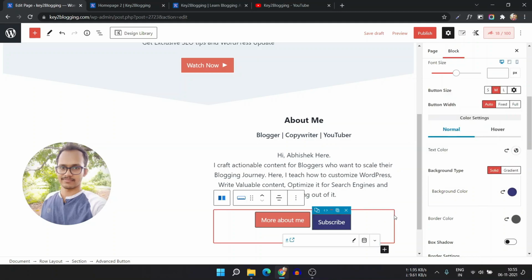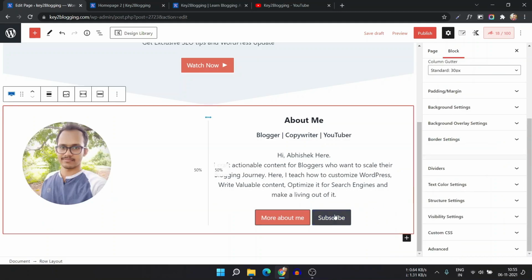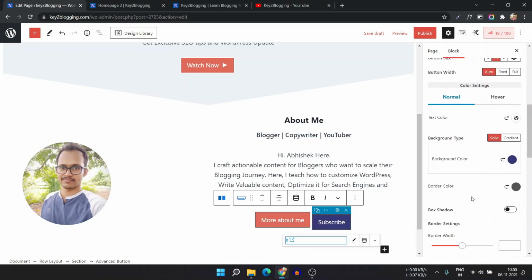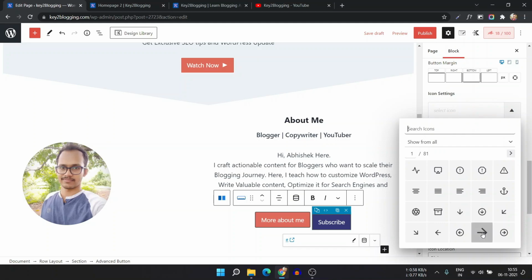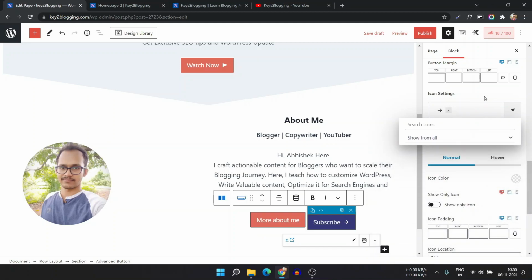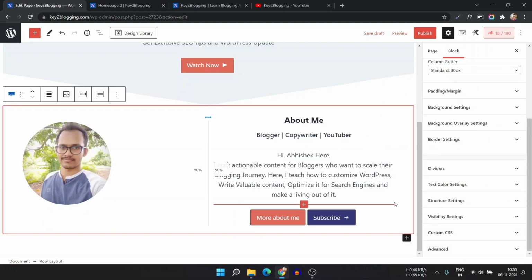Okay, now it is looking quite good, and here you can add an icon like this. So let me just scroll down and click on icon setting, and let me just add an arrow. Okay, the second section is done.